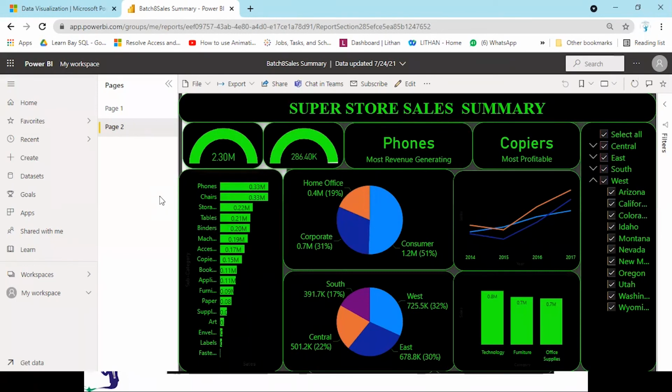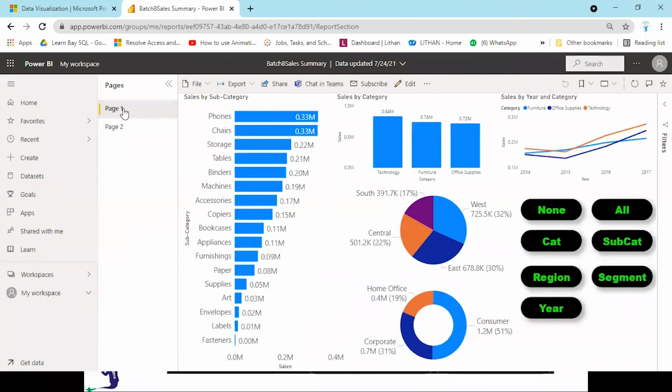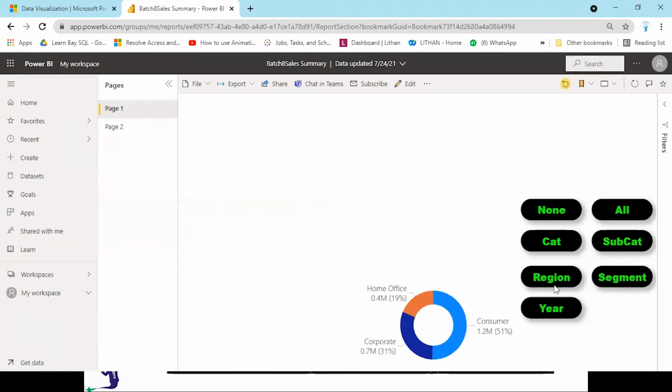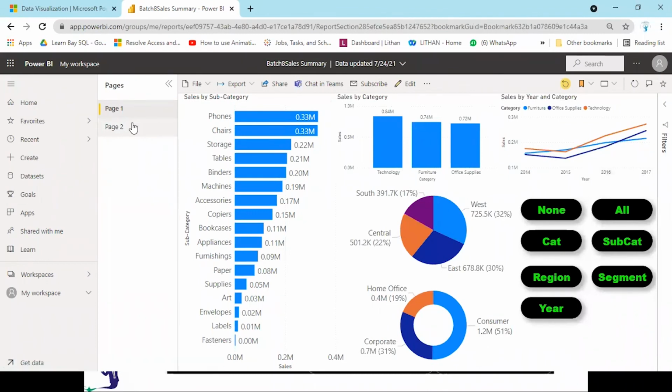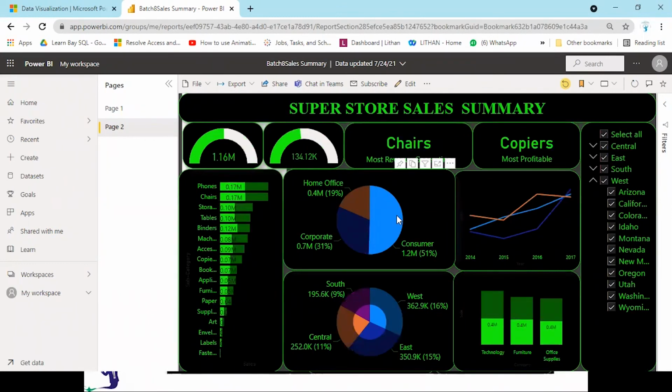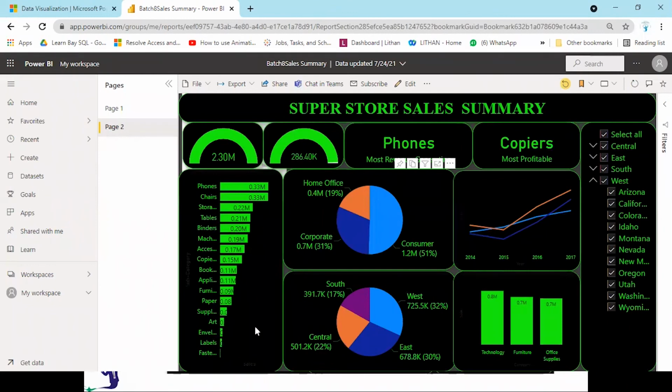Okay, now my report is not machine dependent. You can open it anywhere you want. I have two pages in this report. Both the pages have been published. This is the first one which we have created. See, here also all the interactive nature will work. And this is the second page. We are getting 100% interactivity as it was there on the desktop. The same thing is being displayed over here. Okay, so it has been published online.